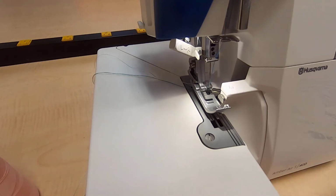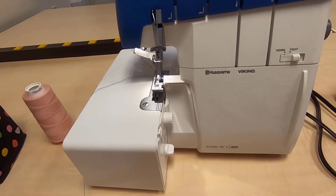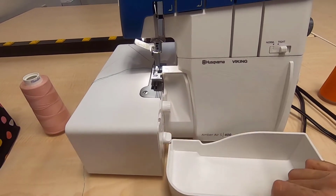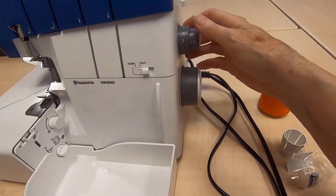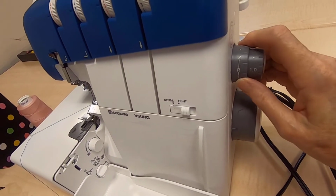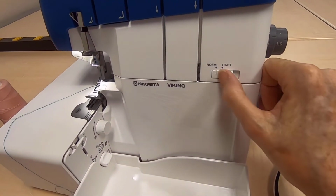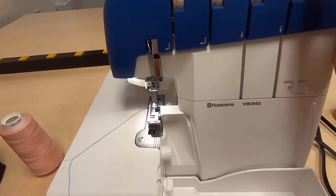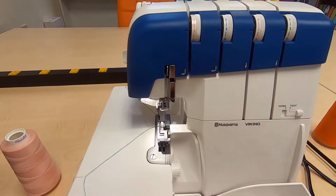Okay, make sure. Now, the other thing I'm going to do happens over here. We have a nice little thread catcher that comes with this, and an accessory box. But anyway, over here, I'm going to set my stitch length to R, leave the differential feed, and I'm going to move this to tight. Okay, and that's it. These tensions, pretty much, you really don't have to do much with these, this machine, which